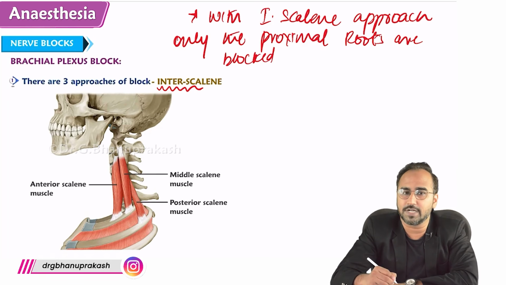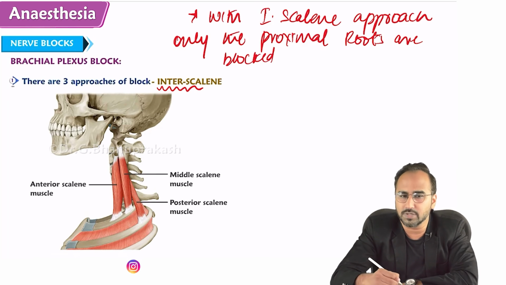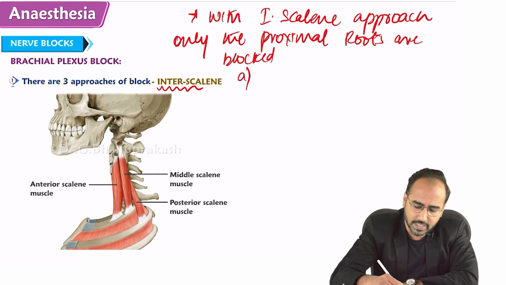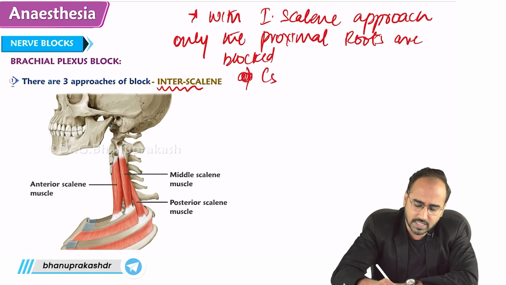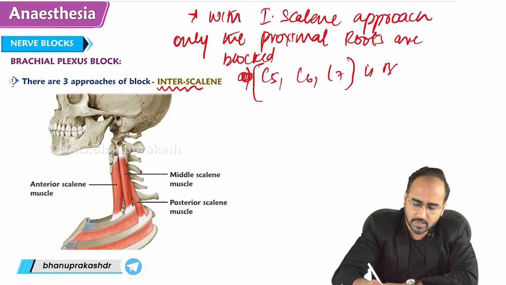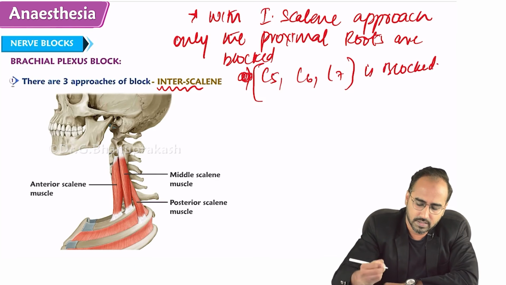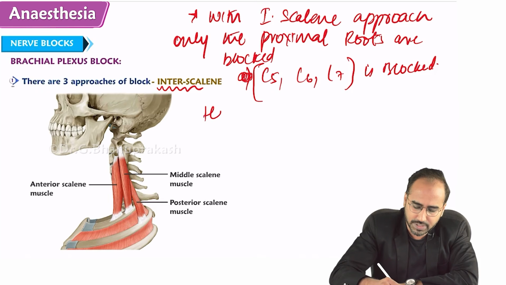What proximal roots are blocked? The proximal roots such as C5, C6, C7 are blocked, right? Hence it is used for